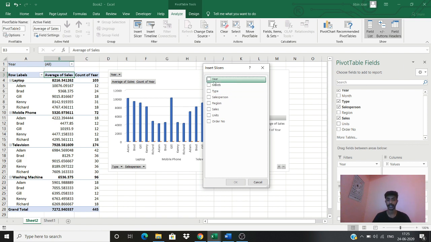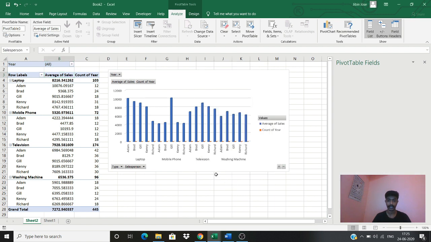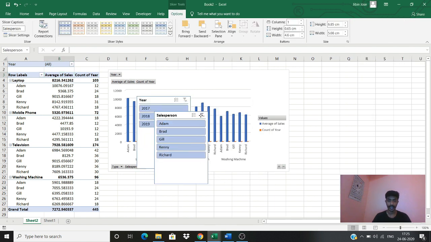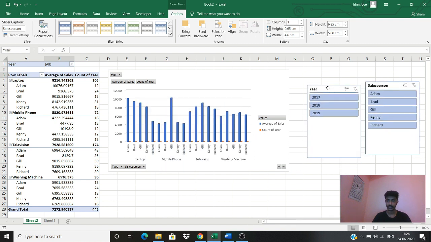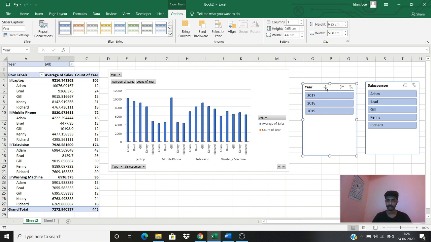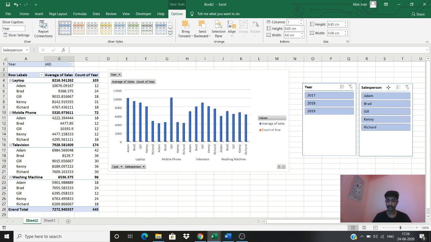Accordingly you will have to do. For example, now here I just want to take year and I want to take salesperson. That's all as of now, and I tick that and I press OK. So you can see that we have something like this coming up. So I arrange it properly so that it's clear.